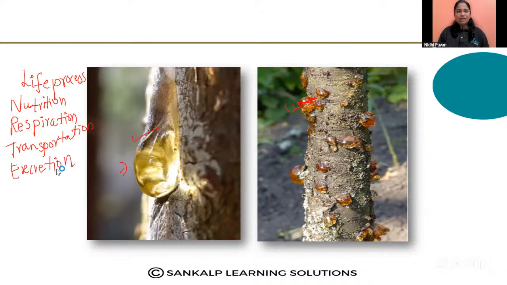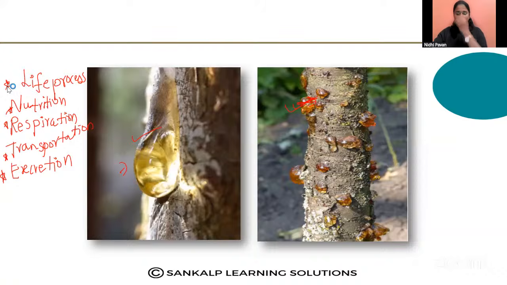Excretion by the excretory system, by the action of nephrons, by the formation of urine, right? Excretion in plants in the form of gums, resins. Excess water will be released through stomata. Carbon dioxide and oxygen are released through stomata. So these all are the important points which we learnt in the life process. Understood? It is the most important concept in biology. This is a very important chapter in biology.